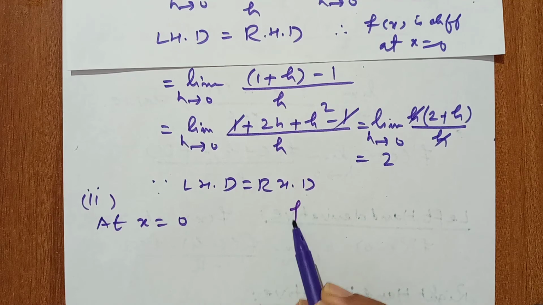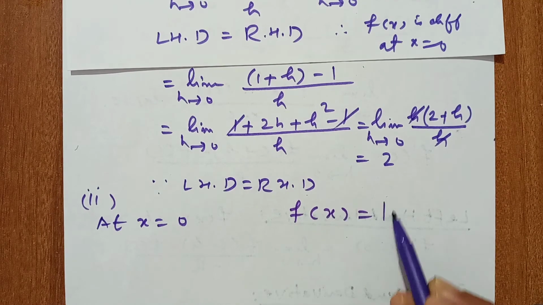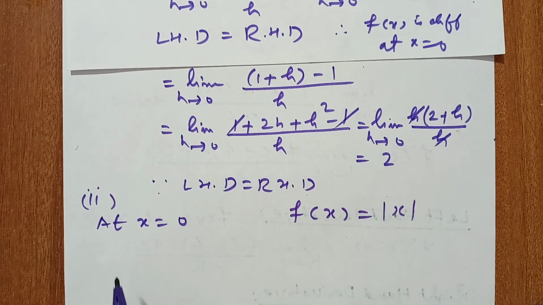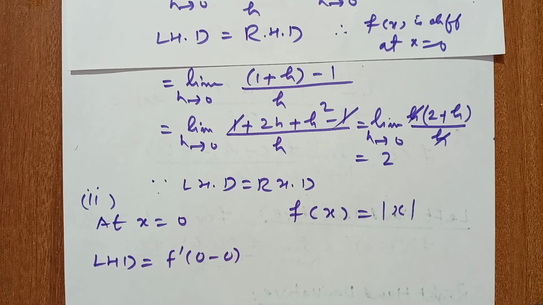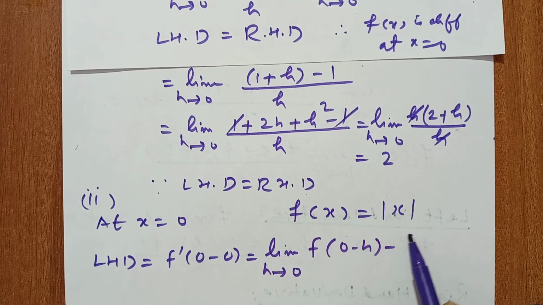Here f(x) is equal to mod x. Left hand derivative is f dash 0 minus 0, because here c is equal to 0, the point is 0. So this is equal to limit h tends to 0 of f of 0 minus h minus f0 upon minus